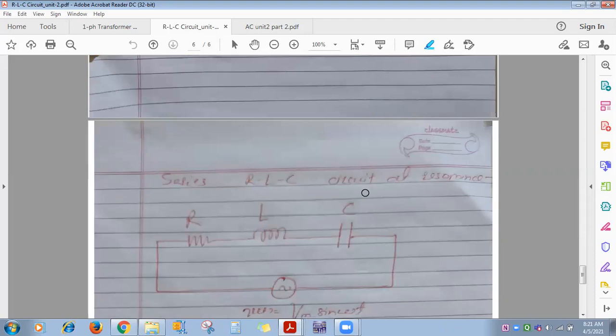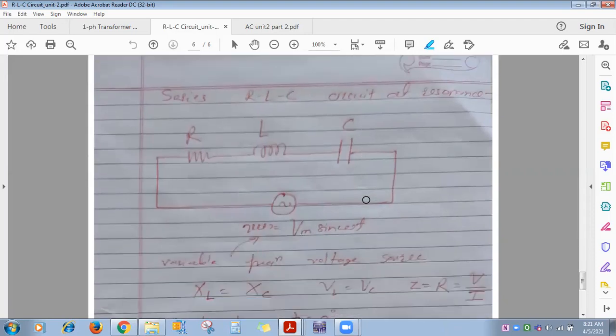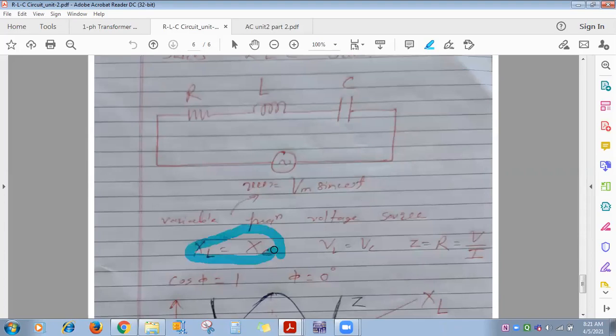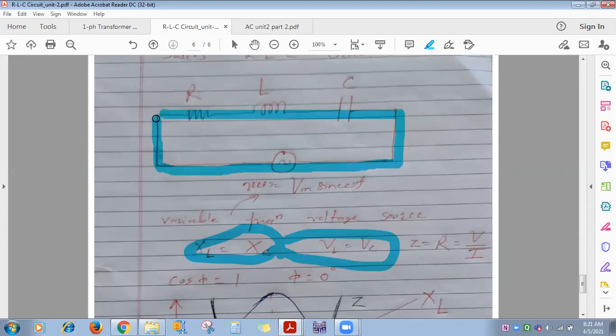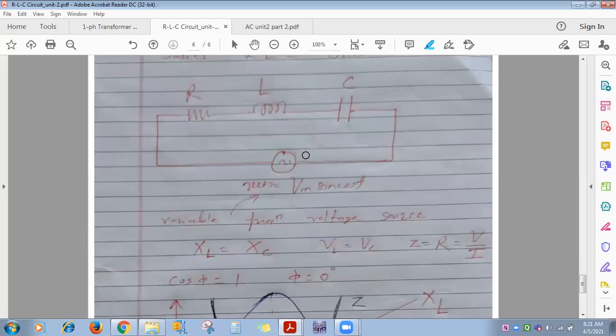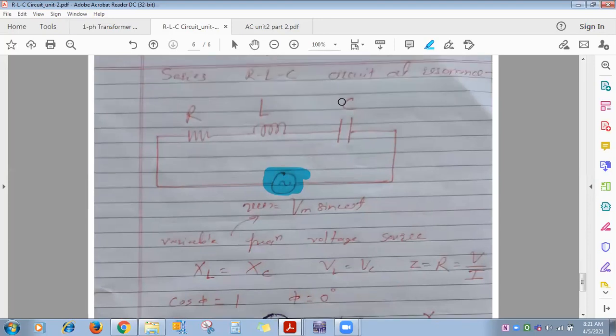Last one, topic C, series RLC at resonance. Just now we have seen at resonance XL is equal to XC, that is VL is equal to VC. So consider it's a series RLC circuit connected across a single phase AC voltage source. Now the voltage source you are going to connect here is a variable frequency voltage source. Go on changing frequency from 0 up to infinity and observe its effect on all circuit parameters. Consider the source frequency initially is 0, and then from 0 I am changing it up to infinity: 1, 2, 3, 4, 5 up to infinity hertz.